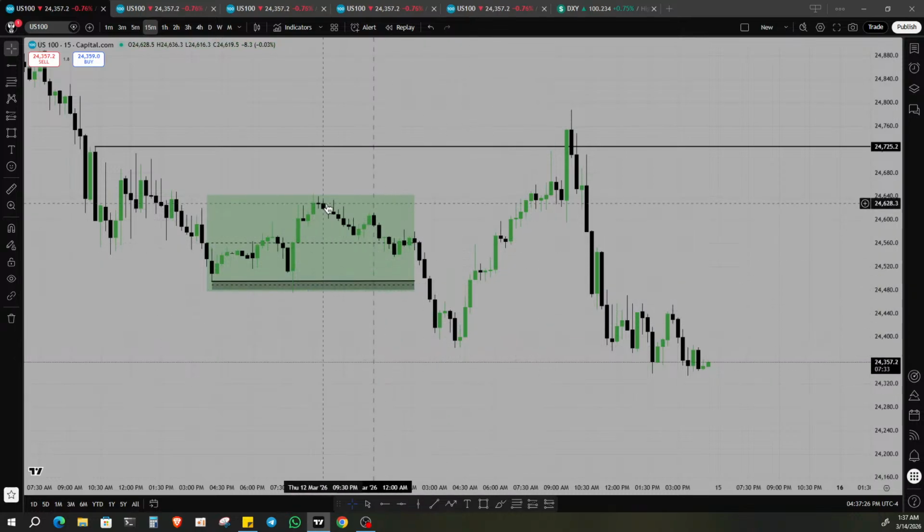Okay, so this was the liquid support for them, and this was the resistance for them. Market hunted this support before going up, but they thought that this is a strong support. Then market took this side of liquidity, and they were stopped out, whatever you want to say, and then market will hear something we say an order